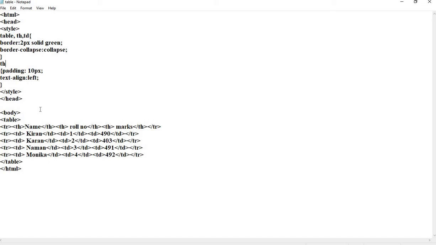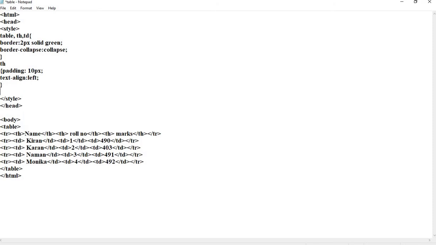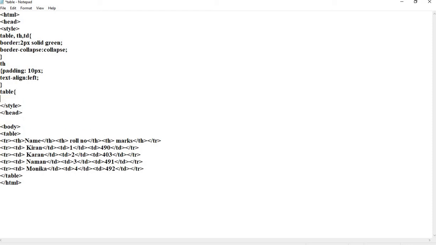Next we can move to the height and width property. The height and width property is set for a particular element. Suppose I am setting it for the table. The value could be in pixels or in percentage.